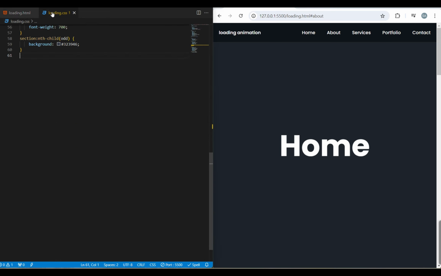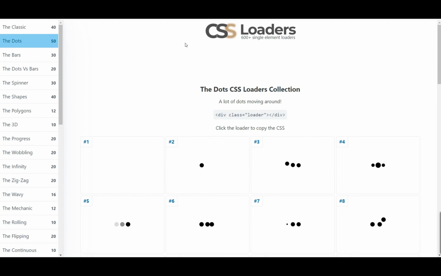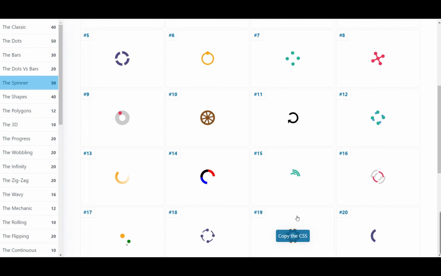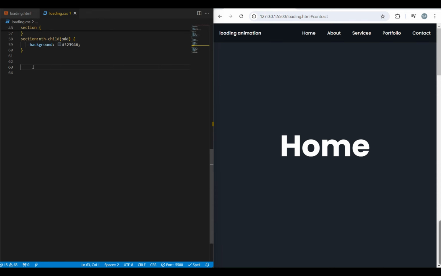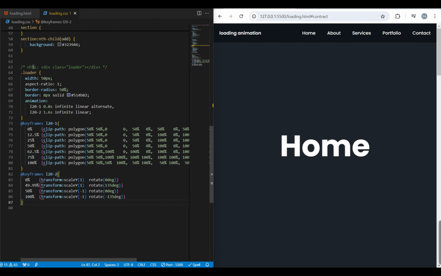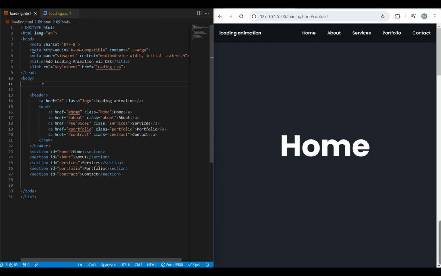Now let's start coding. First, go to the CSS Loaders website linked in the description. Click on the spinner and choose the animation you like. I'll pick this one. Click to copy the CSS code and paste it into your CSS file. Now copy or cut the div from the comment above and paste it in the body section at the top